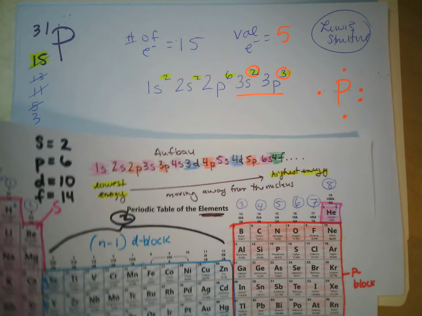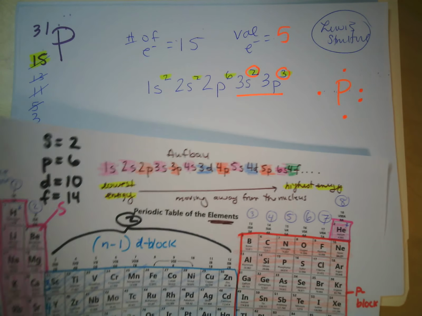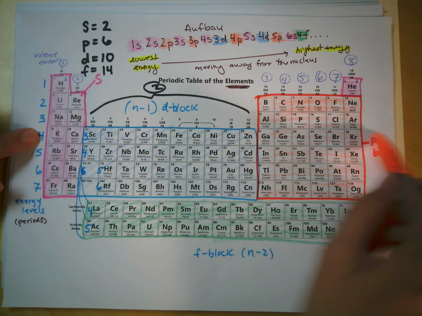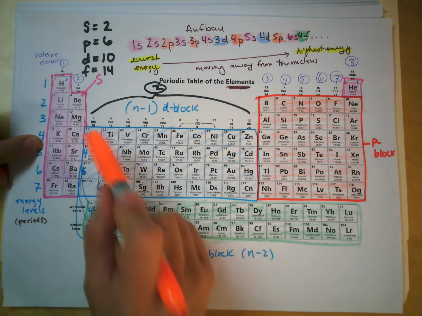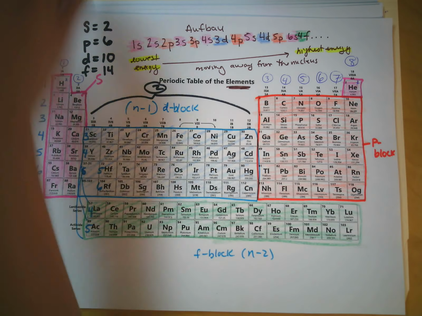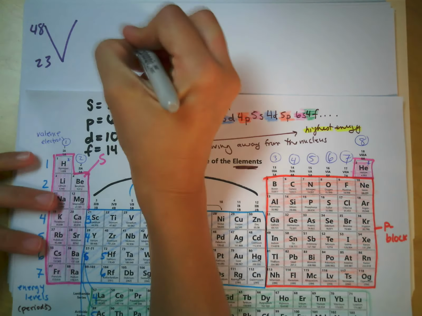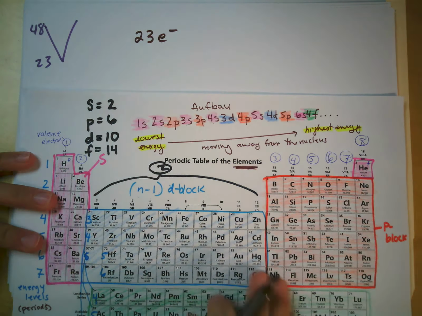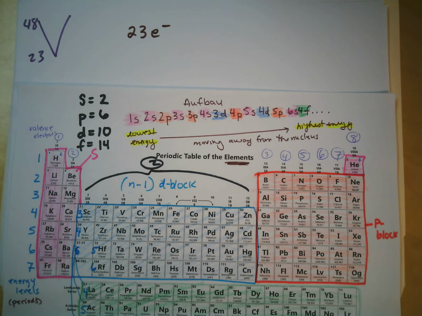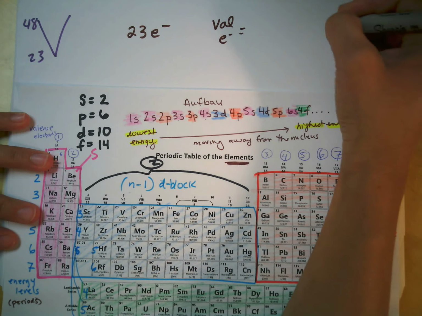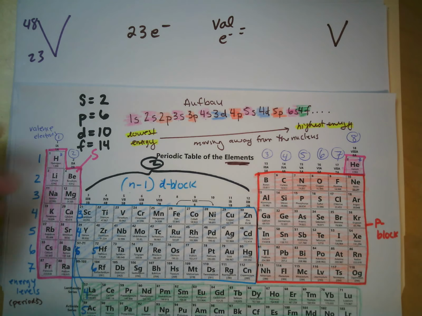All right. Next, we have vanadium. Vanadium is in our d block. It is on the 4th row, but the 3rd energy level, because you lose that 1 energy level here. So let's take a look at that. We have 23 protons, so that means we have 23 electrons. And then we're going to find our valence electrons, and then we'll do our Lewis dot structure. So we have